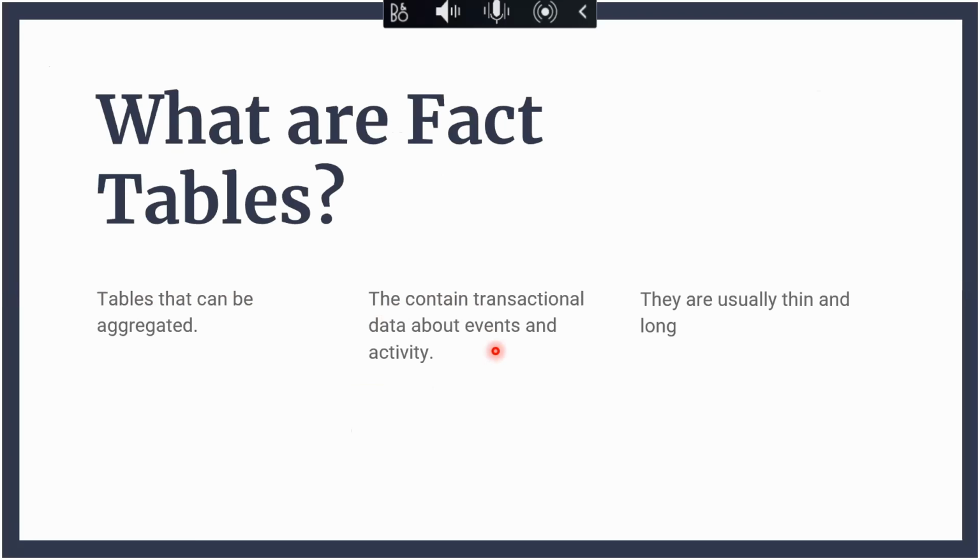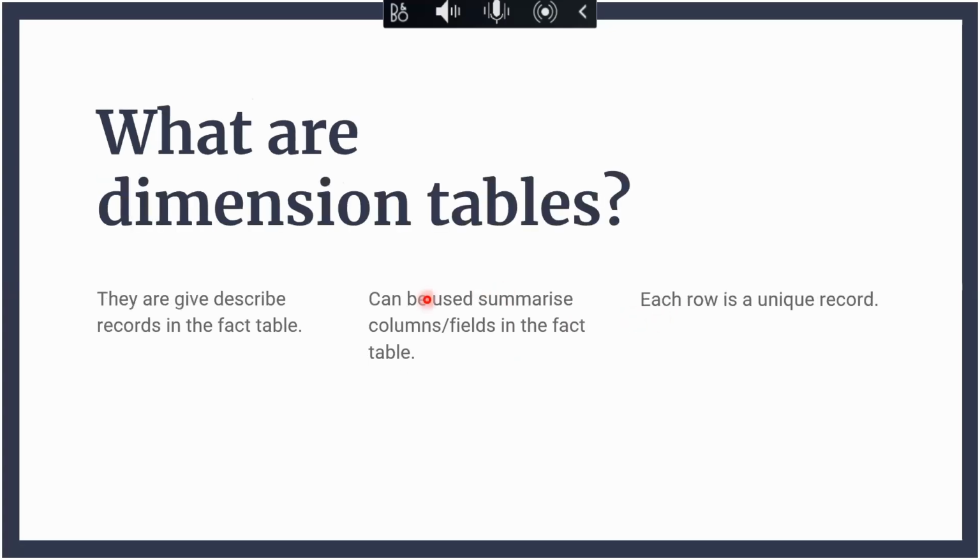So you see that the size of the table is going to keep increasing, but it's going to be increasing in length. The number of columns is going to be quite few. That's why we say that the table is usually thin, right? And that's the best idea. You don't want your fact table to have a lot of columns. It's going to blow up and your data model is going to be very big and buggy. And if your data model is buggy, it means that it's going to be slow. Then we mentioned they are usually thin, right?